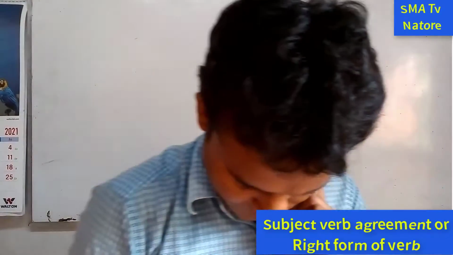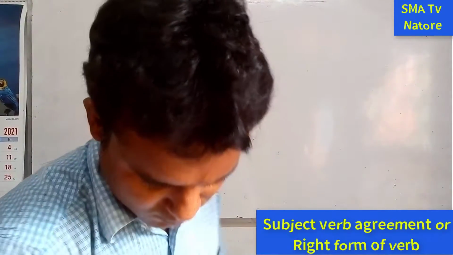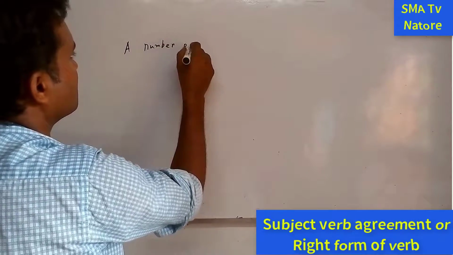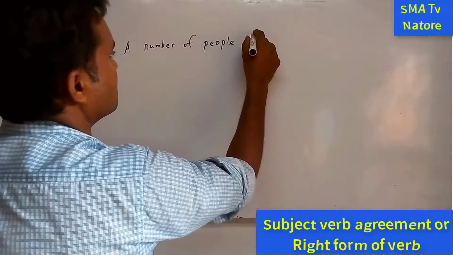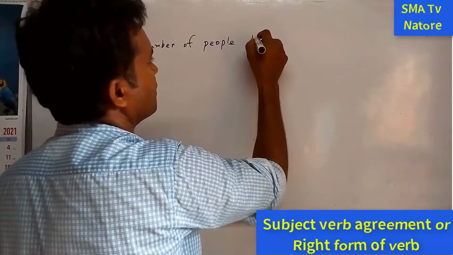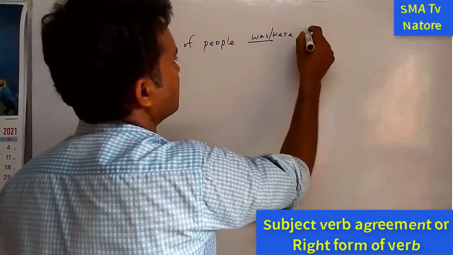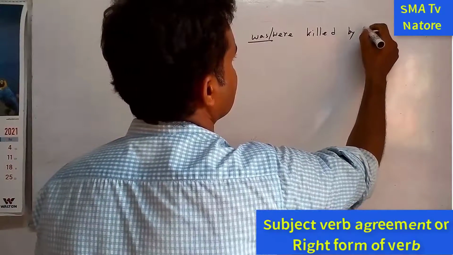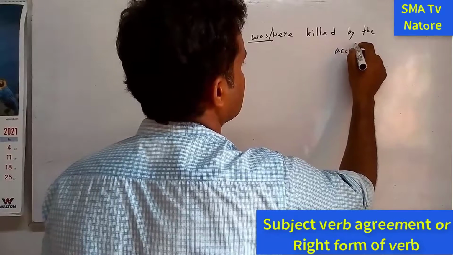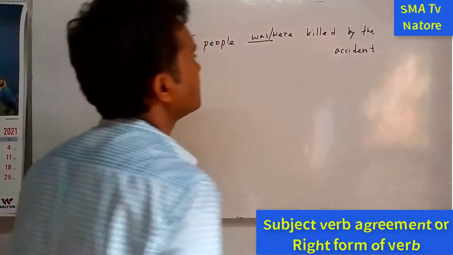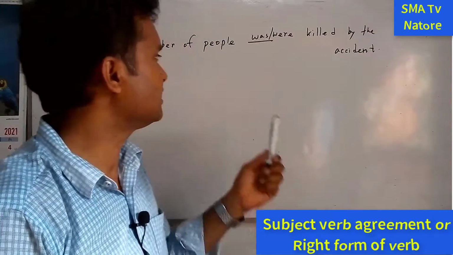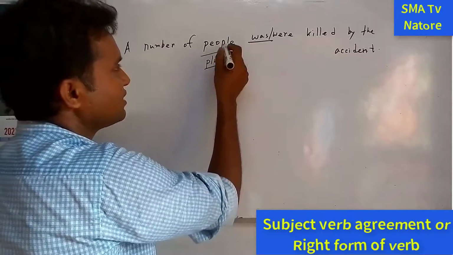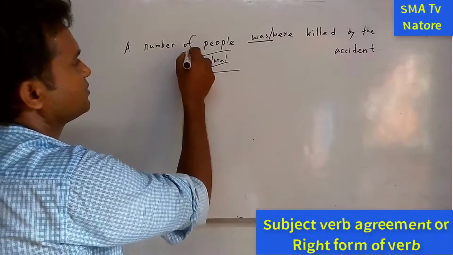Next one, a number of people was or were killed, okay, by accident. So a number of people, we know that people is the plural form. This one is the plural. This noun is plural form, and from here this part is preposition,